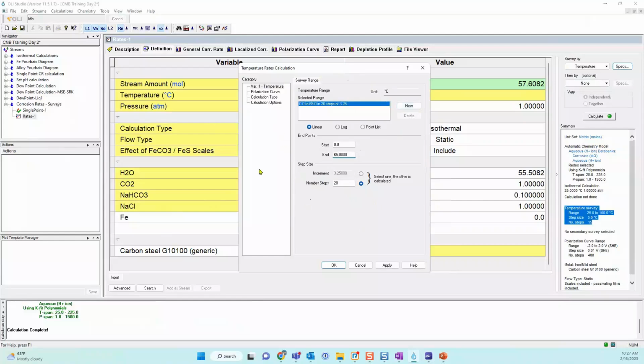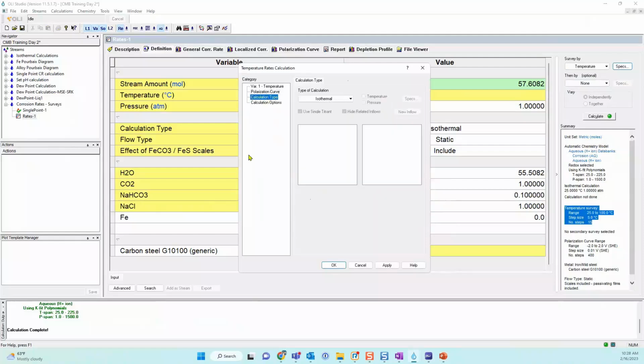Another thing I want to highlight here is in the category section, you can also change from which potential to which potential you want to do the sweep for the potential in a polarization curve. You can also set the increment, play with that, how you want to visualize that polarization curve. I have never, ever in my life moved this. I haven't had the need to do that, but the option is there.